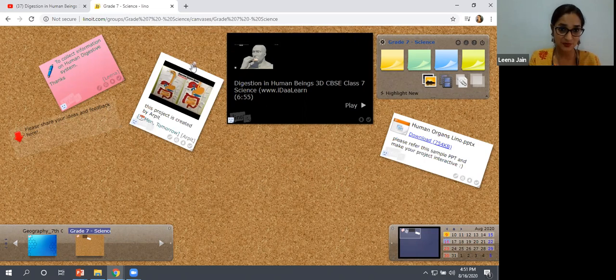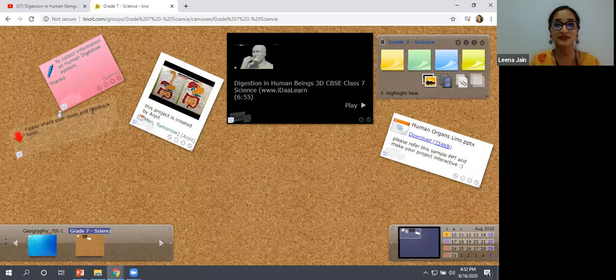Can you see the pin option when I'm hovering here? Okay, so for example, I'm clicking on this pin option. You're getting a message that the sticky has been pinned. That means nobody can remove the sticky from here unless it is unpinned. So it will be there and you cannot even move the sticky anywhere on the screen. See, I'm trying it, it's not moving. So this is how you can pin your sticky and it will stay in the same place only.